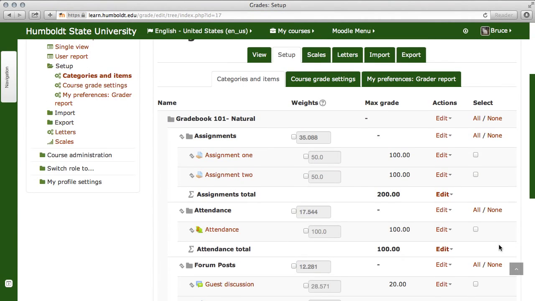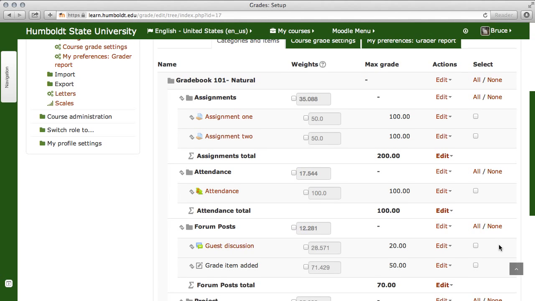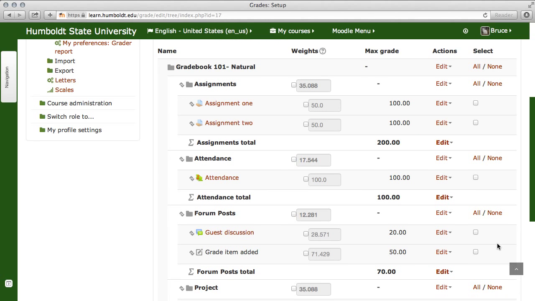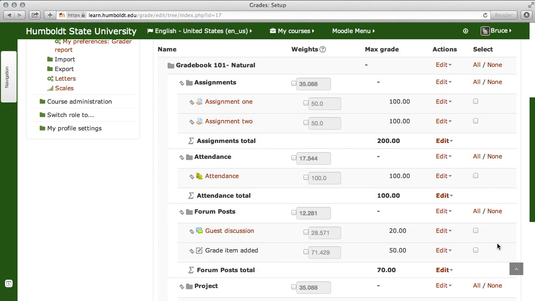What I mean by that is do not combine grading methods if you choose the natural method. Everything is based on the point total. The weights in each category are going to be determined by the number of points available. Adding an alternative grade method like simple weighted means of grades is going to confound things, and you will not get an accurate total. This is an all or nothing choice.